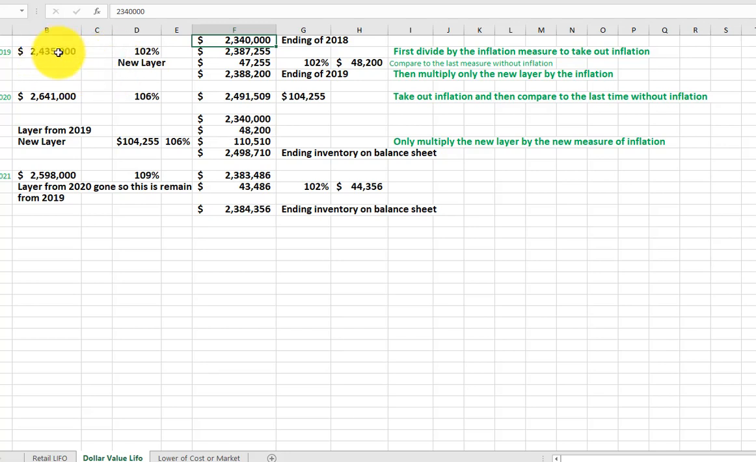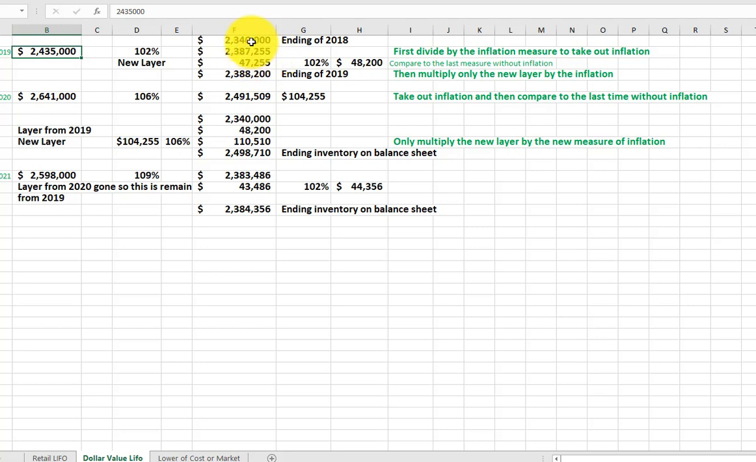So we're going to take our inventory we count up, okay, and we're not using retail right now, so this is all costs. 2,435,000. First step is always take out the inflation. We divide by the 102. That's how you take out inflation. You get